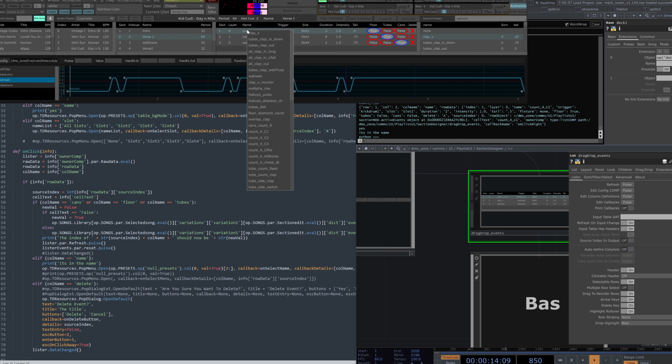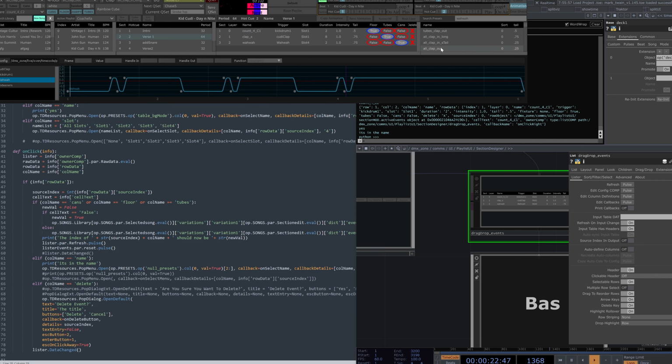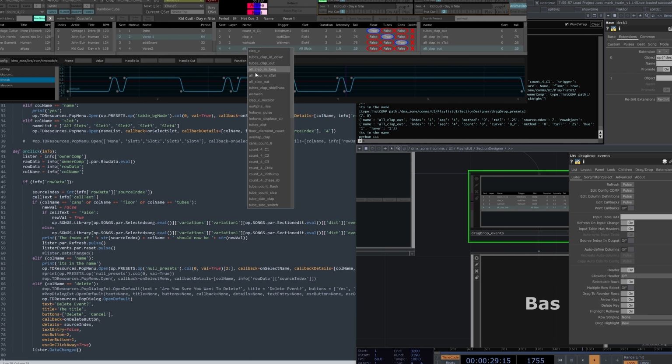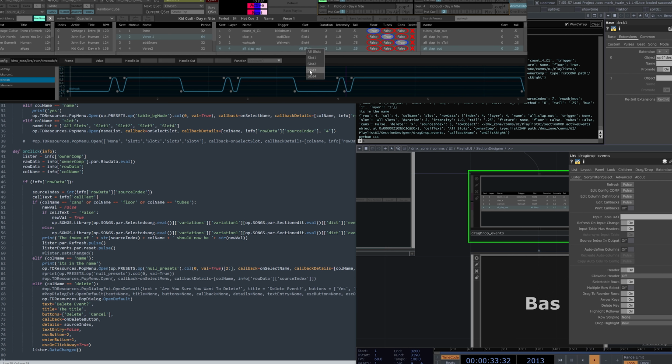And if I left click on these names, my regular events pop open. I can drag these over into a spot and it lays it out. Then from there I can change it and switch all the slots. If I right click on it, I get the slots.